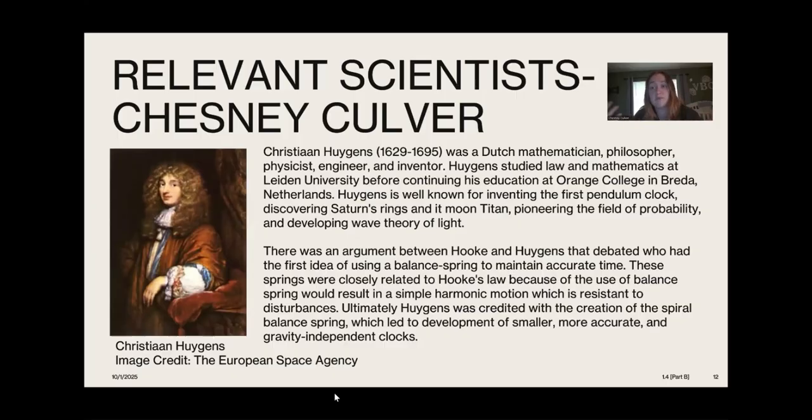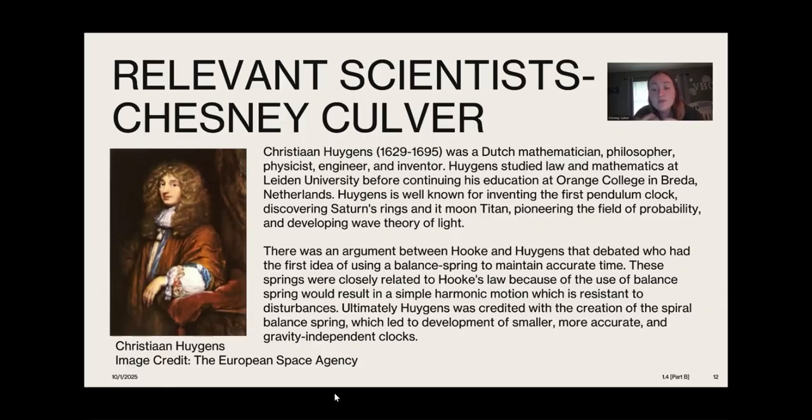Now, these springs are closely related to Hooke's law because of how they work. They use simple harmonic motion, which we've talked about before a little bit. That is kind of that wave motion. And these springs used Hooke's law, and we were able to calculate and kind of expect certain things about how their movements are going to happen. They were really resistant to disturbances. Now, ultimately, Huygens was credited with the creation of these spiral balance springs,